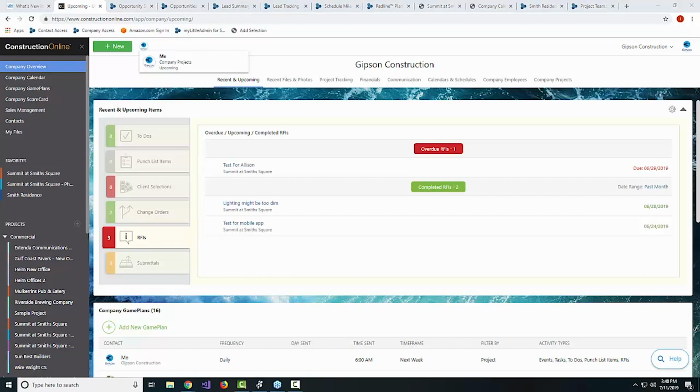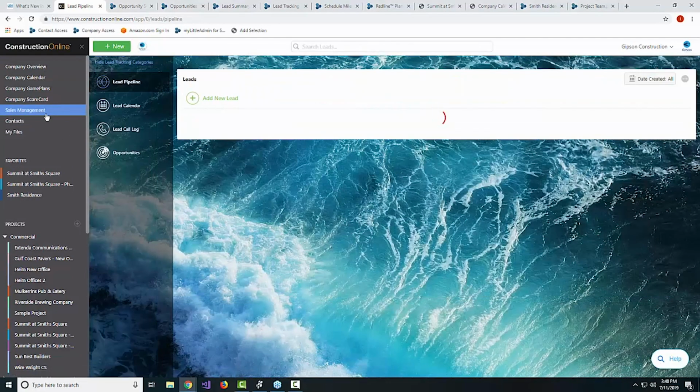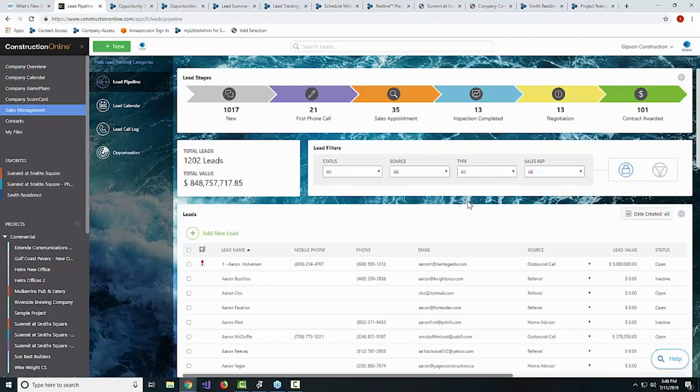Now, just taking a look at some of the questions that we're starting to see come through. We'll get to as many of these as we can today. So we do have a couple of great questions here. The first one is, do opportunities allow for us to go ahead and add a salesperson just like leads? So when we look at our sales management area, that's such a great question, and the answer is yes,